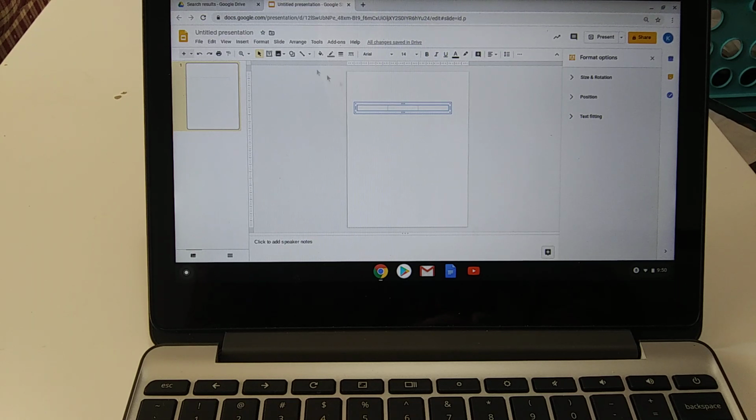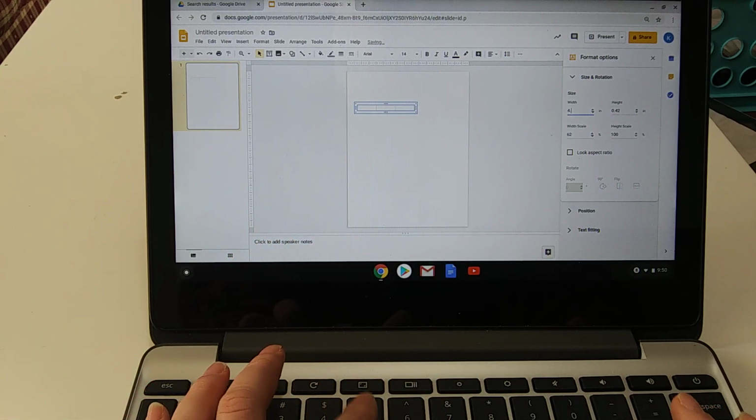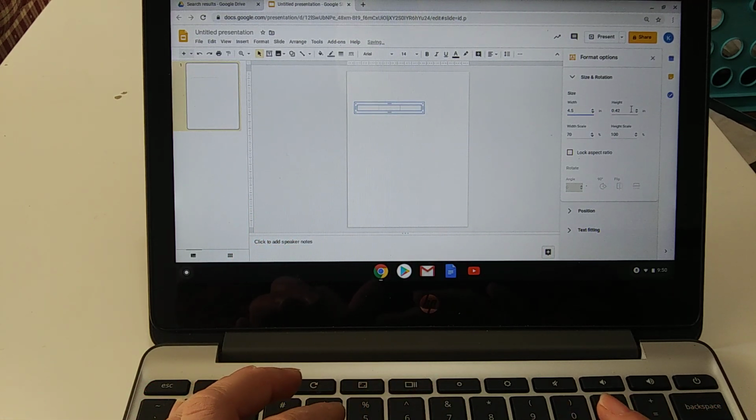When I have this clicked, I can go to Format and click Format Options, and it will bring up this handy little menu of choices here. I want each square to be 1.5 inches tall and 1.5 inches wide. So to get the width for this table, I'm going to have to multiply that by 3 because there are 3 boxes there. So I'm going to go with 4.5 inches wide, because that's the width of all three boxes